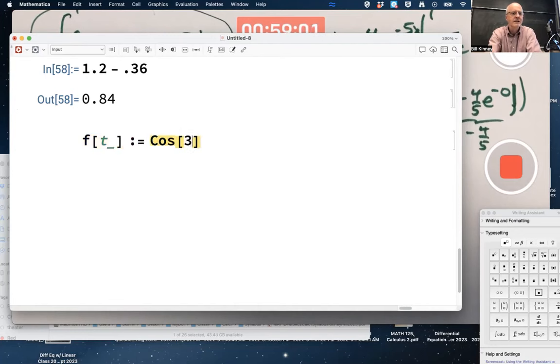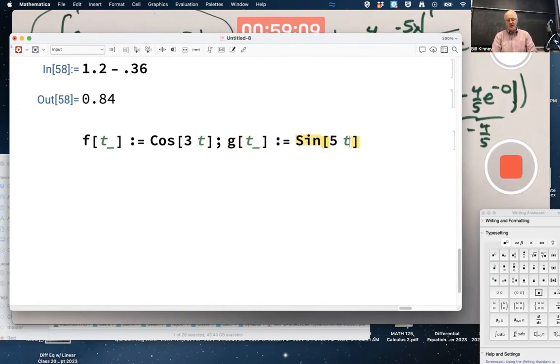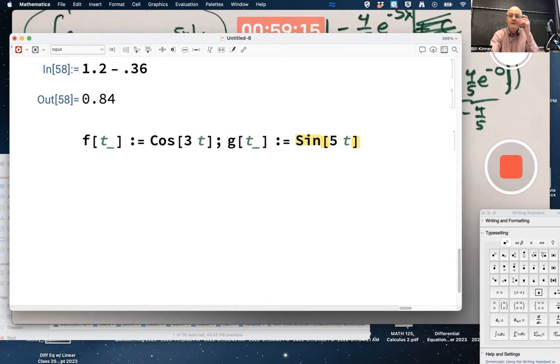I'm going to go to one of those Lissajous curves because they're kind of interesting. I did this before. You do two trig functions that have frequencies that are not the exact same and are not simple integer multiples of each other, like cosine of 3t and sine of 5t, and graph these with parametric plot